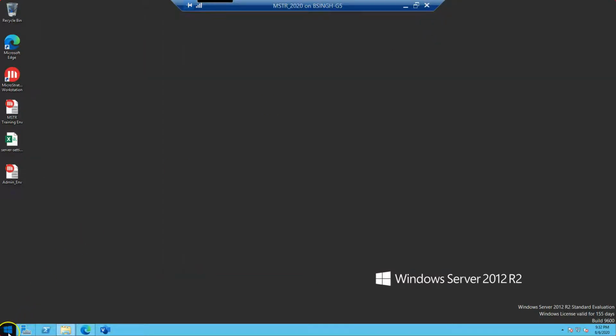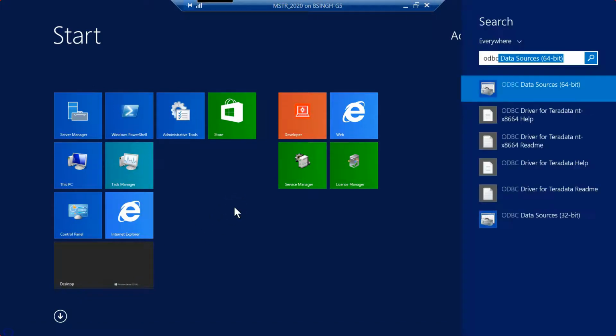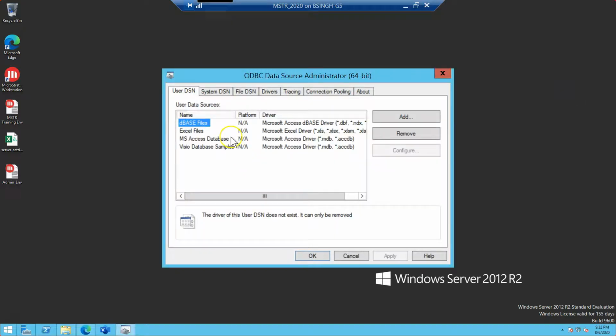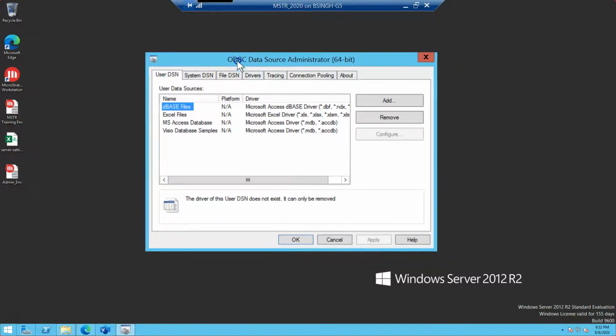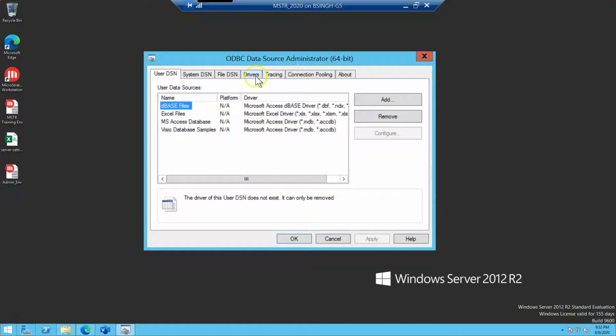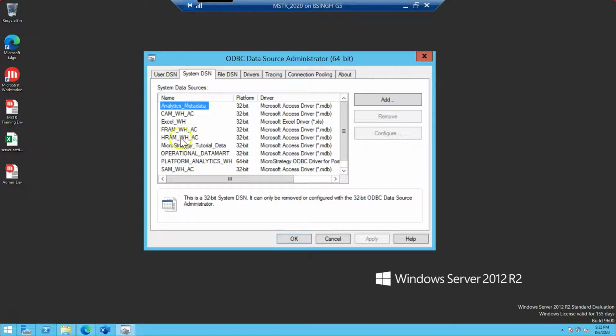And though you have these options, you can also open your ODBC driver here. You have the ODBC Data Source Administrator here, and you can create the ODBC connection from here. I do have a few. These are my defaults. If you install MicroStrategy, you are going to get the exact same DSNs installed in your environment.